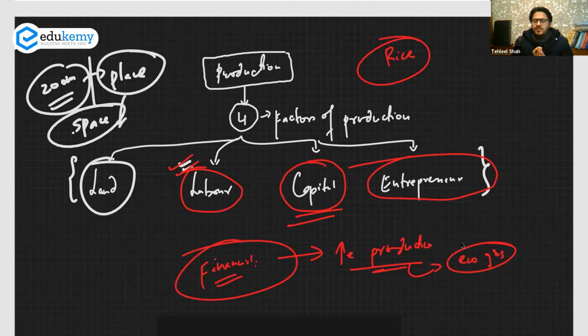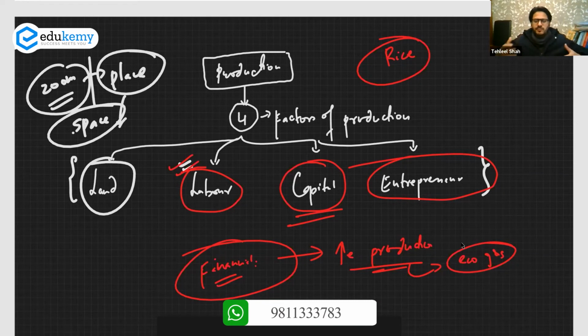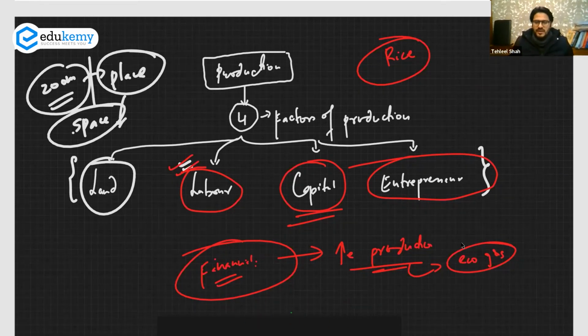And when you start producing goods and services, a time comes when you are able to scale up the production and you are able to sell the production to the masses. That is how Edukemy started. Shabir sir started giving lectures, and they got other teachers, and they started producing. They gave lectures on YouTube, they gave lectures on Facebook, and people started to realize that quality is being provided. In geography optional, sir has given a lot of material to the students, and now we have developed a niche for ourselves particularly in geography optional, and we're trying to develop our niche in GS Foundation as well.